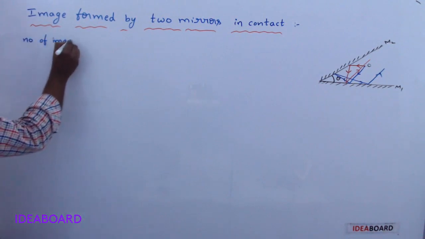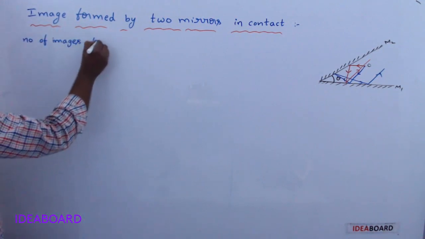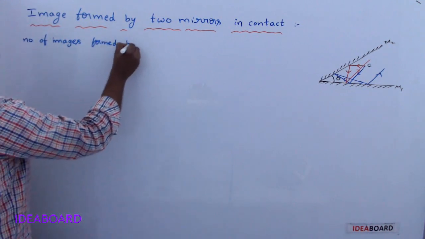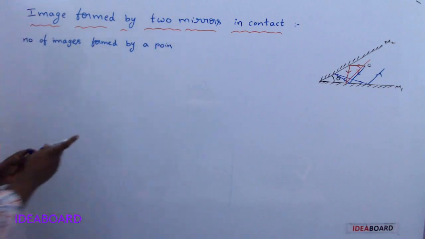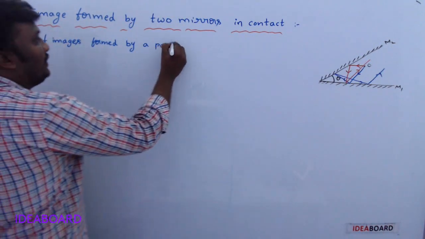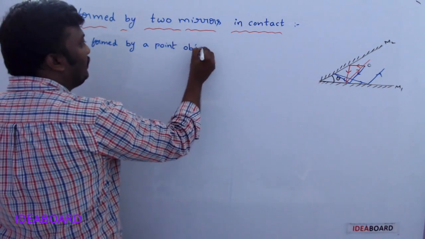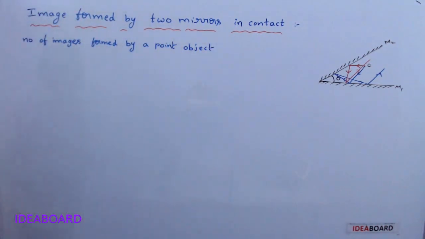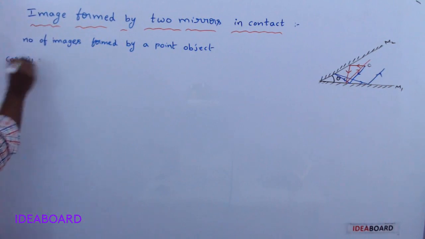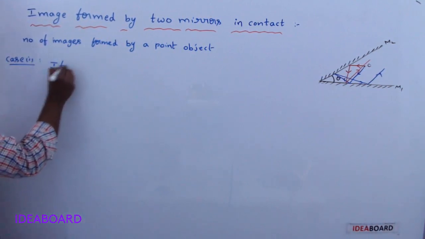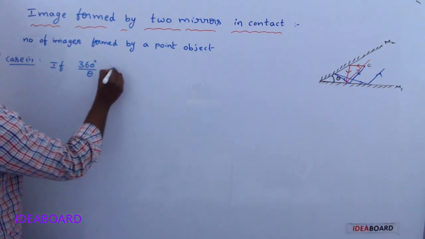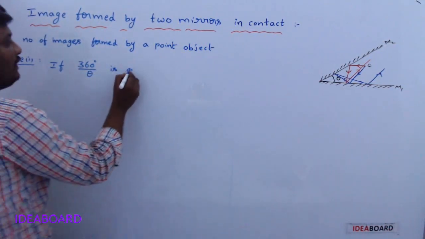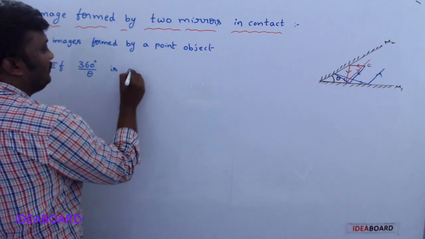For that, observe case 1. If 360 by theta is an even integer,